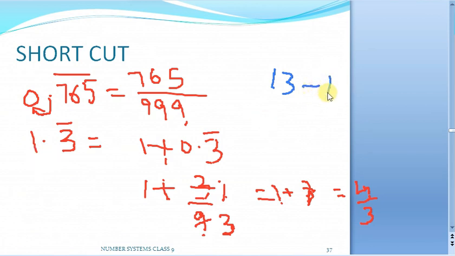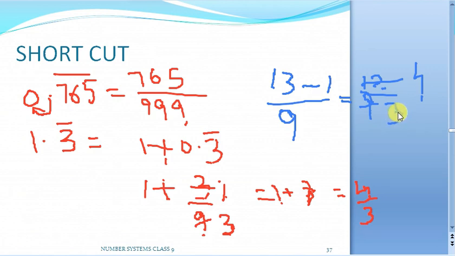Okay, just subtract 1, divided by, we have to just see here how many digits are actually repeating after the decimal point. 1 digit. So just you place 1 9 here. Okay, now see here, is there anything after the decimal point which is not repeating? No. So we need not place any zeros here. So our answer is going to be 13 minus 1, which is 12, 12 by 9. Here you can cancel, 3 fours are 12 and 3 threes are 9. Again your answer is going to be 4 by 3.